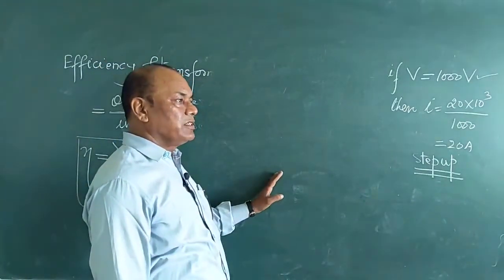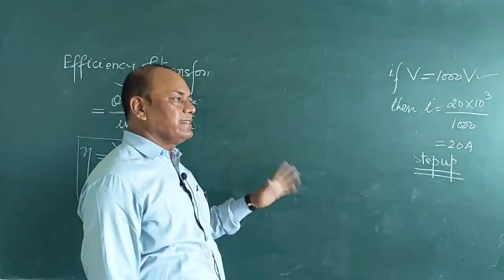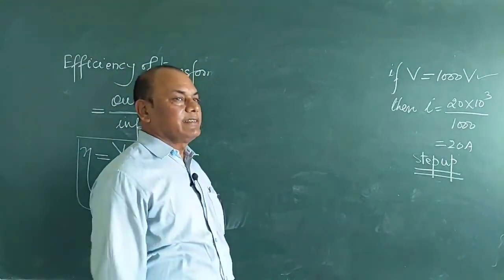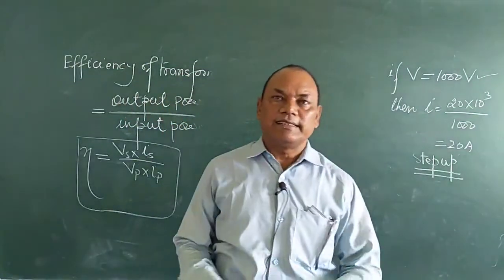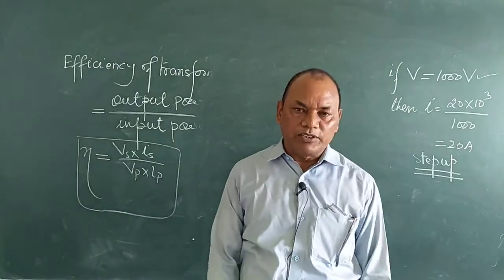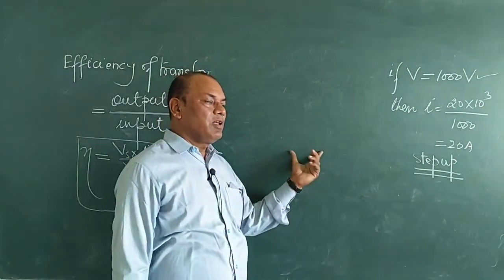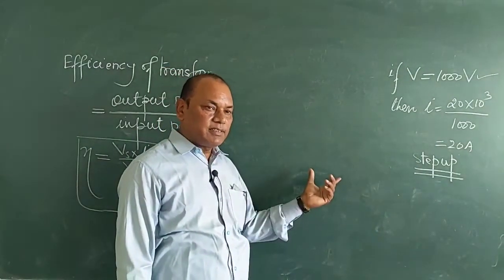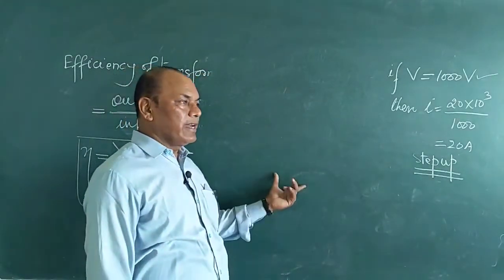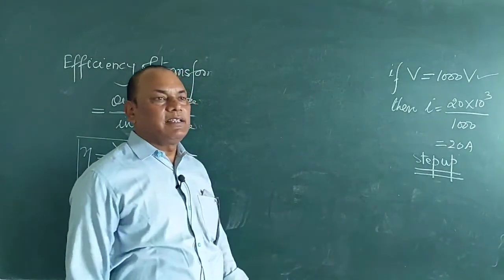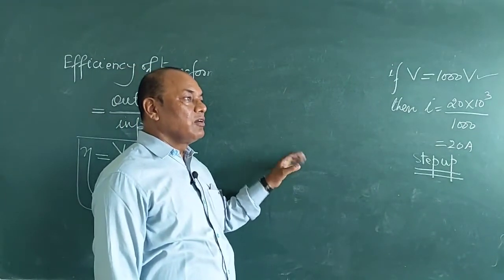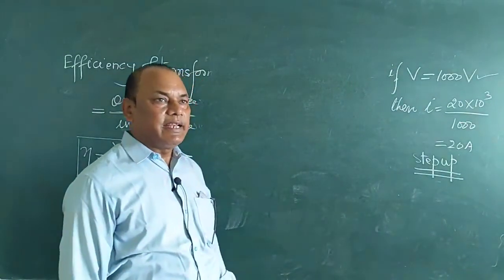And the second point, due to the loss of flux linkages, because we have considered in the ideal case that flux linkages attached to the primary coil will totally pass through the secondary coil, but it is not possible. There will be some losses of magnetic flux passing from the primary coil to the secondary coil due to magnetization or demagnetization in the iron core. So this loss will be converted into heat energy.